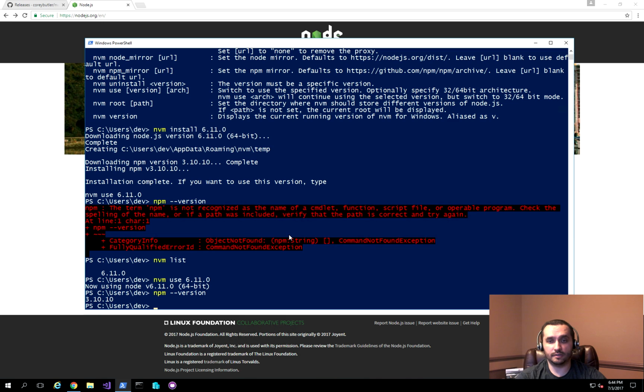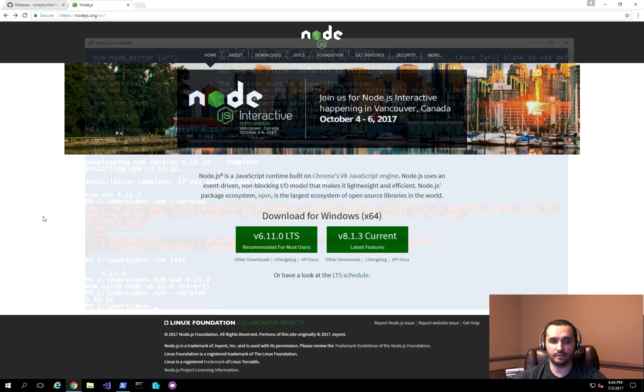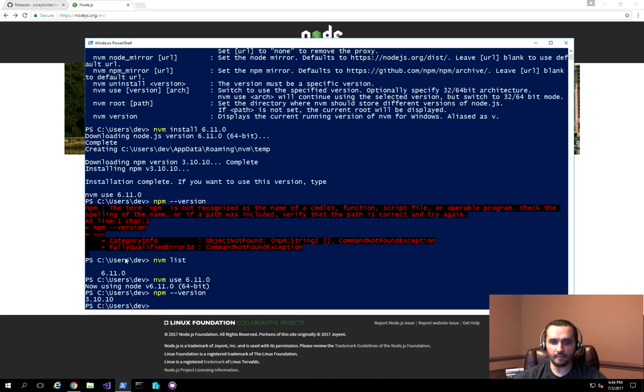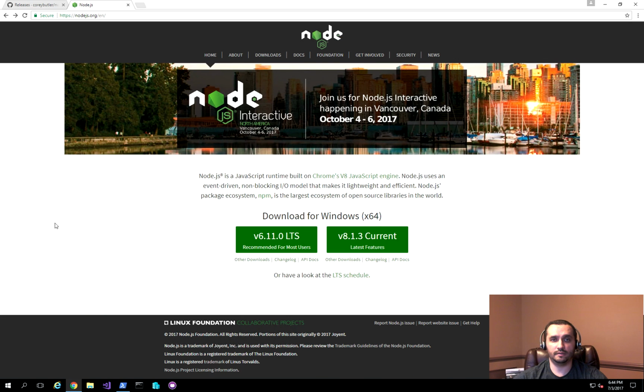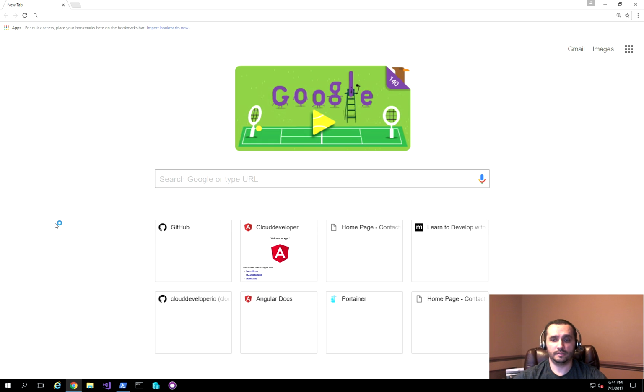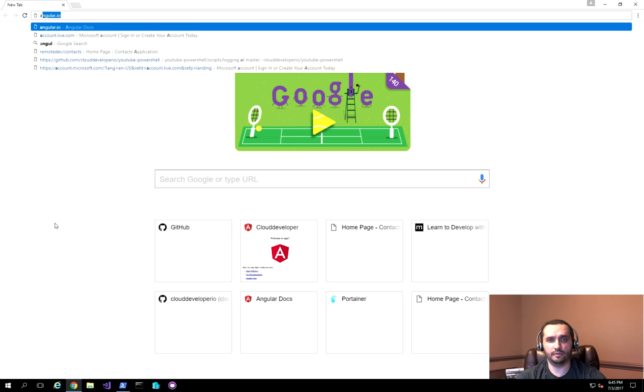Now, it is actually fully installed, and it is using the current version of 6.11.0. So since everything seems to be working, the next step we want to take is to go ahead and install Angular. So the easiest way to know exactly what commands to run is to go to the angularjs.io